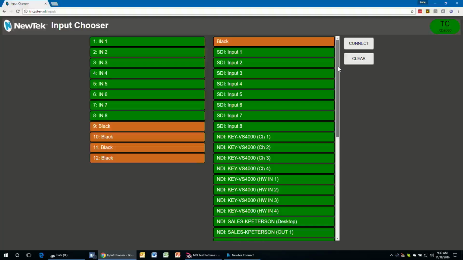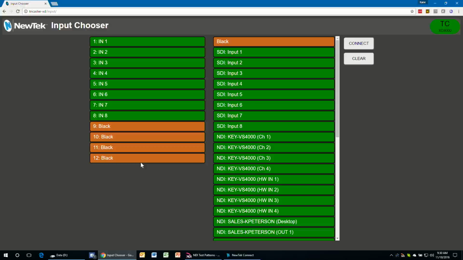Just want to show you what I added into my input chooser app. First of all, you notice the UI has been updated a little bit. There's now color coding on the different inputs here, so it's easy to identify ones that aren't being used. The interface also does fit on an iPad aspect ratio better, and also handles window resizing better than it did before. There are also a couple bug fixes,